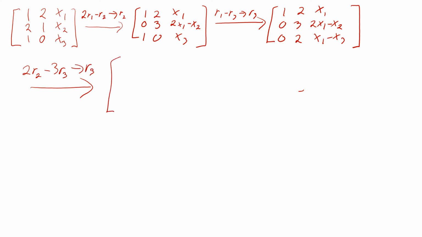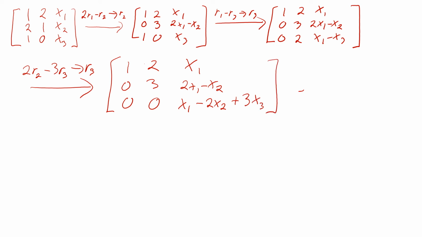These are the same exact operations I did last time, but I just have a different augmented column. I'm going to get 0, 0. So twice that minus 3 times that. It's going to give me 4 minus 3, so it's going to give me x1 minus 2x2 plus